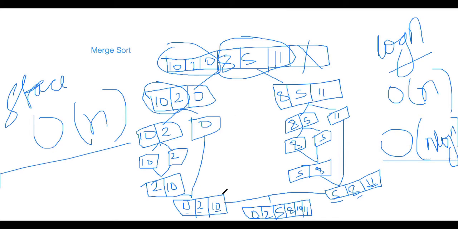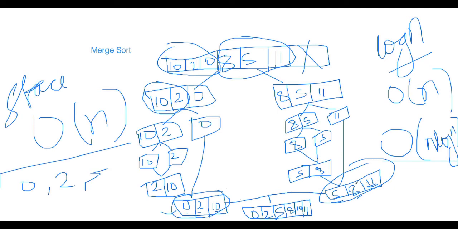So let's say we have sorted till here. Let me take a bigger picture to help you, right? We have sorted till here, and now we have to merge this and this. What is meant by merge this and this? It means we have to merge two sub arrays where lower is 0, middle is 2, and higher is 5. If we think about these two subparts, what is the meaning of merging these two?